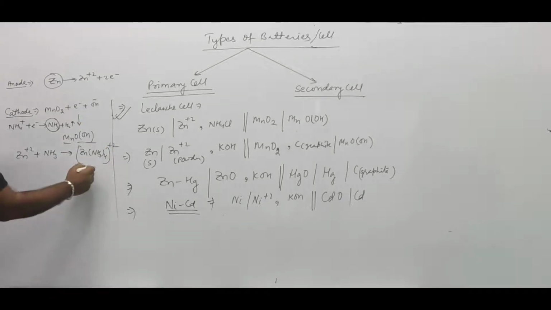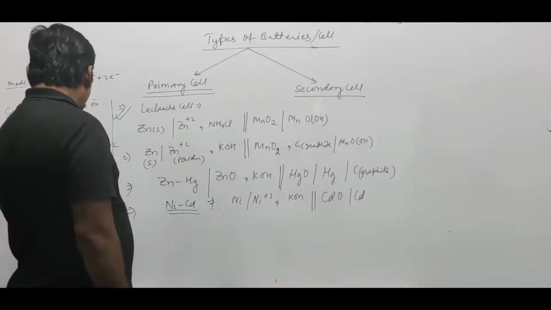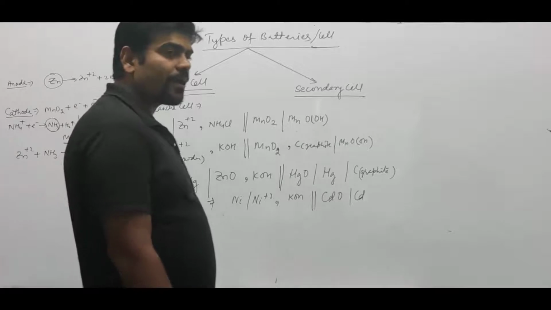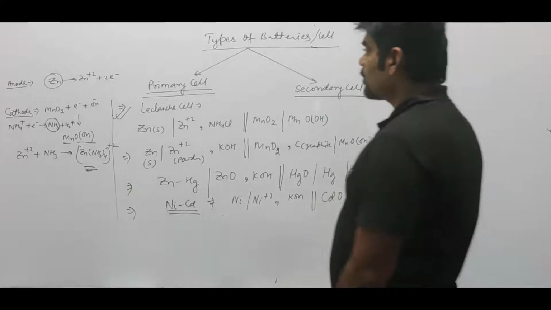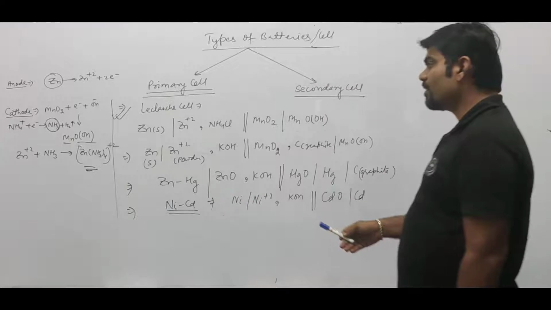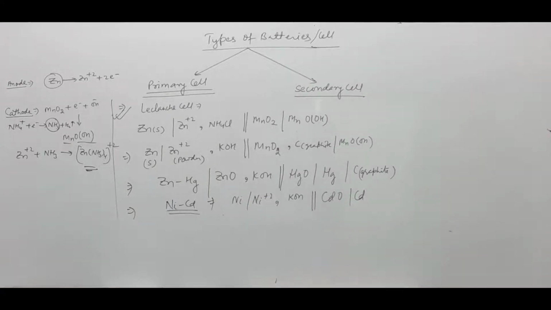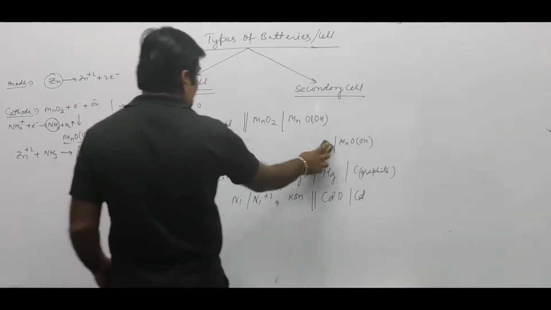So it forms a complex of tetraammine zinc 2 plus ion, and the formation of this will consume the reactant chemicals over there, and further it cannot be regenerated back as ammonia or ammonium chloride. Therefore, this cell is used only once, and once it is used, the chemical reactions cannot be regenerated back even by passing electric current to them. That is called a primary or Leclanche cell. So basically used is the primary Leclanche cell only.